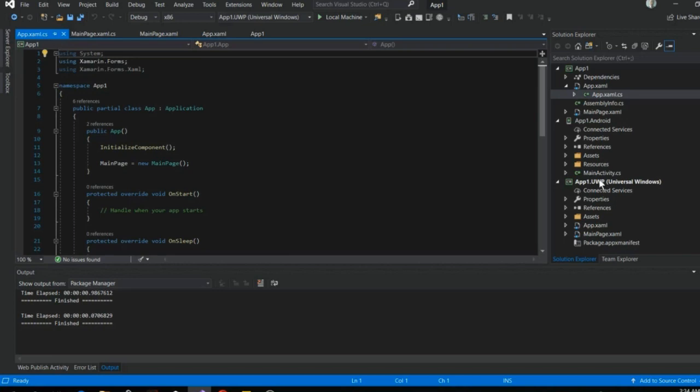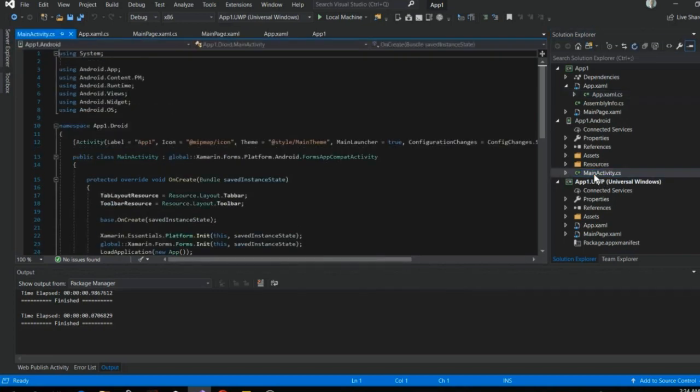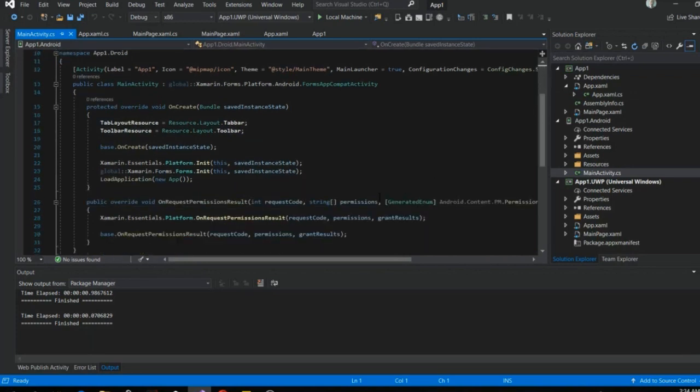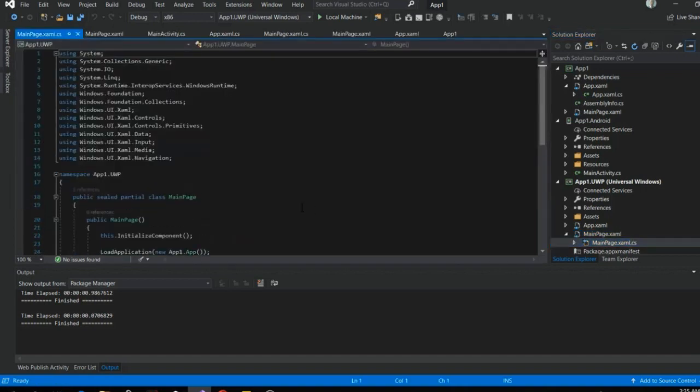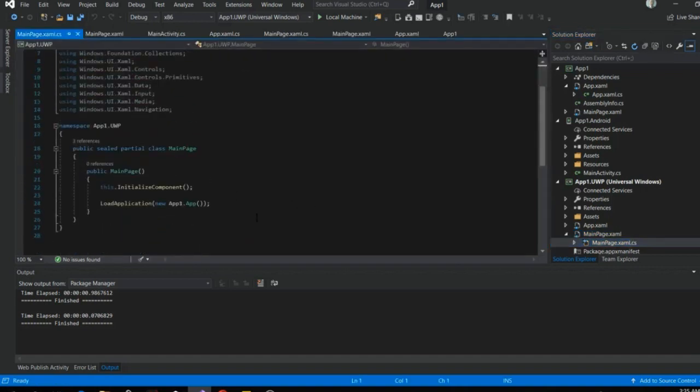So in the Android, we have main activity. Okay, so this is where we would go if you would need something on start, on create, and other such events for Android, specifically for Android. And the same for UWP would be main page right here, main page in the UWP, and that is main page.xaml.cs. Okay, that's the logic. Okay, so this is the